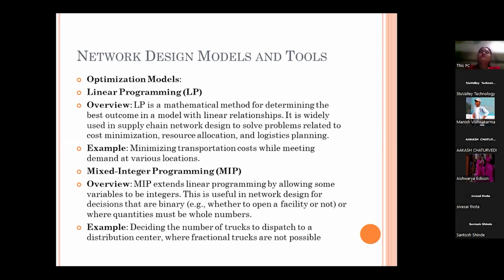There are many decisions we need to take in supply chain network design, where we have a yes or no question. Sometimes we need to deliver some product on an urgent basis, or sometimes we have to split the address. Sometimes at the time of delivery the customer changes the delivery location. At that time we need to take a decision: can we deliver to that location or not?